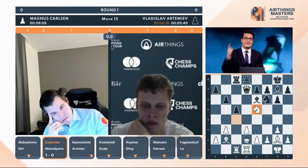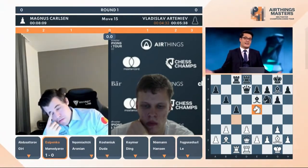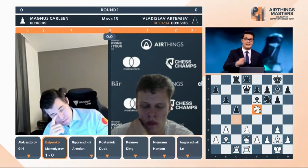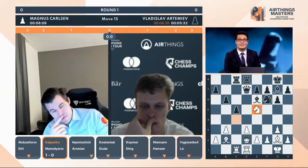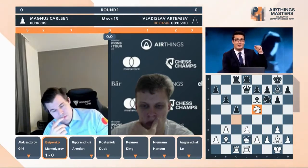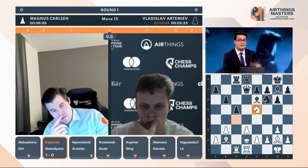At some point, especially in rapid chess, especially in online chess, you just got to say, OK, this is fine, that's good enough, I'll play this move, and then I'll think later. But Artemiev, he's diving deep into the position. He spent nearly half his time on this one move, and he might kick himself later because 3 of the